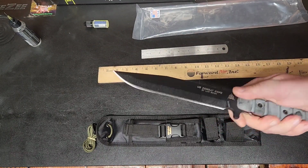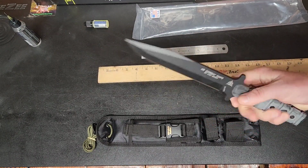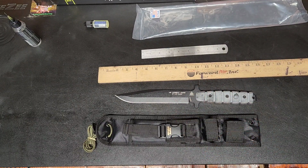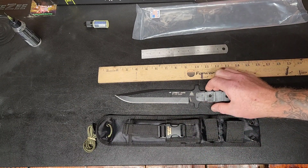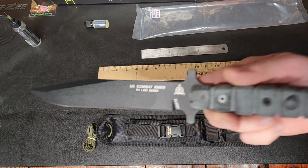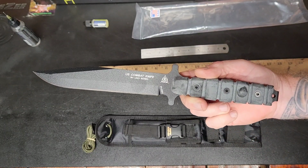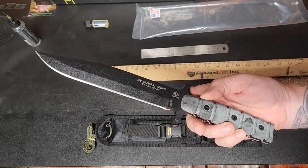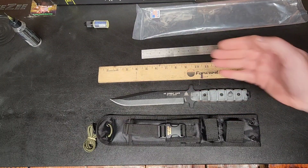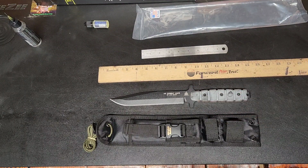Now, what am I going to do? What am I going to make? I've got this sheath, but it has to be crazy. So I haven't quite decided what all I'm going to incorporate into this. Just stick with me, and hopefully I give you and your friends some wonderful ideas to create your knife setup